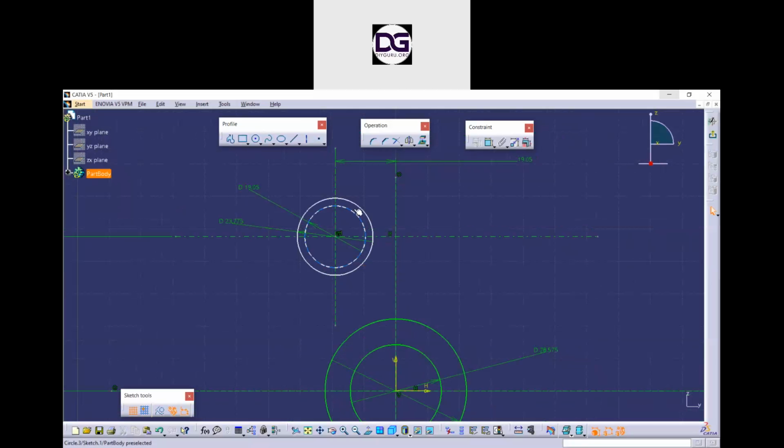To check where the constraint is missing, just click on the geometry and drag it anywhere. You can see that my circles are moving in the vertical direction and they are not moving in the horizontal direction. That means that the circles have not coincided with this axis. So to do that, I can either select the circles and select this line